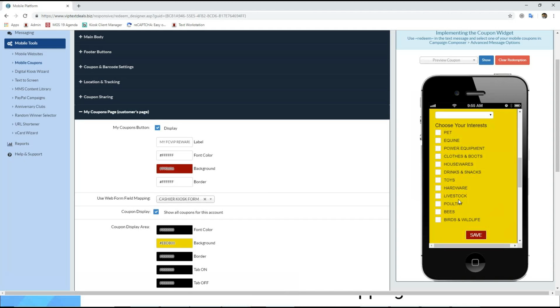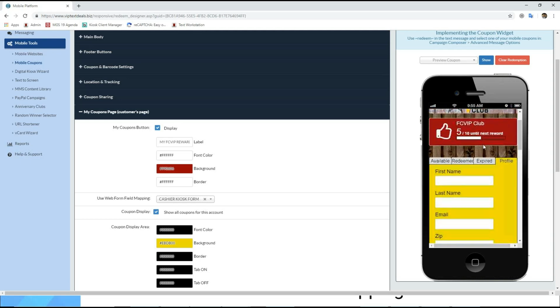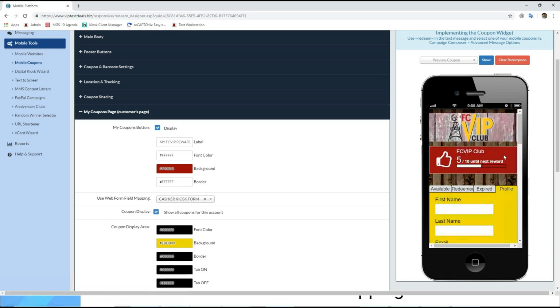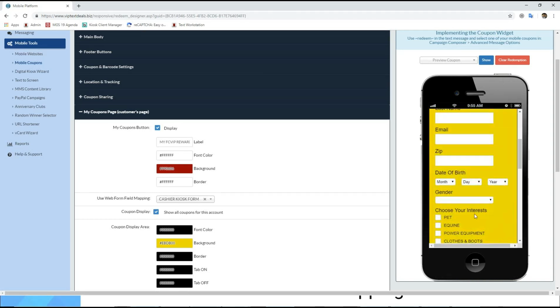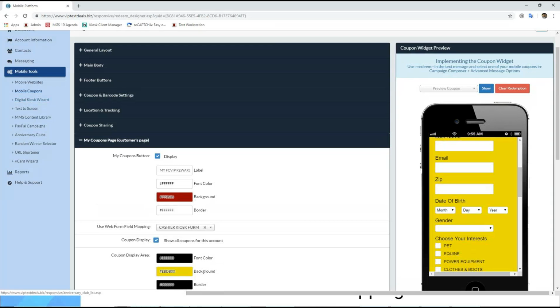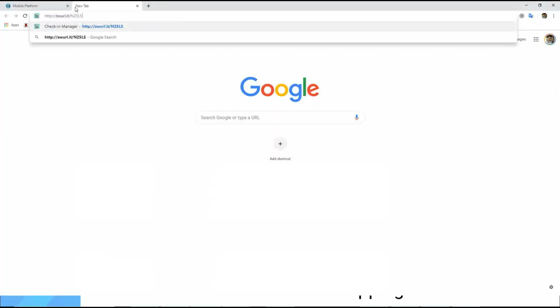So now the customer can actually set his or her own preferences and basically build out their profile using this widget, which I think is very, very powerful. So a lot more comprehensive offering here instead of just a hard-coded form. And then the other side of this is the check-in manager. So for those of you that are using the check-in manager as part of your kiosk offering,